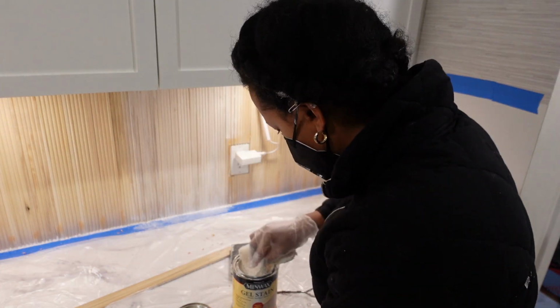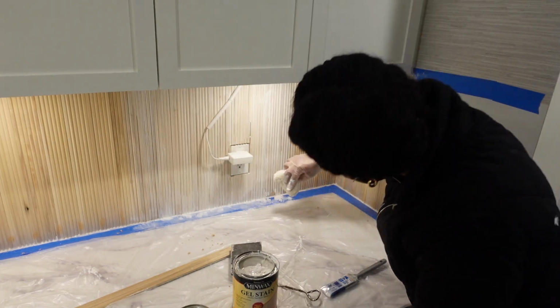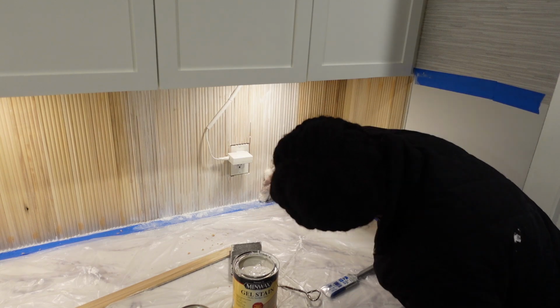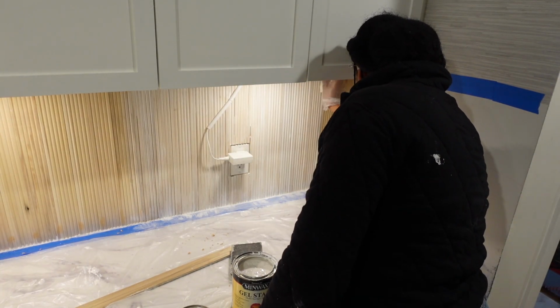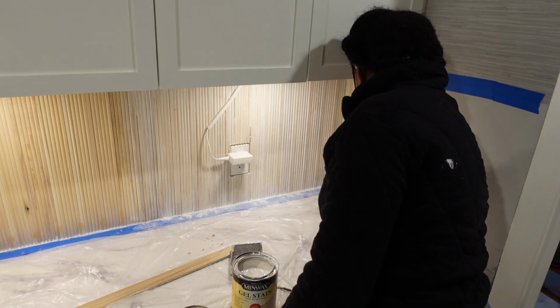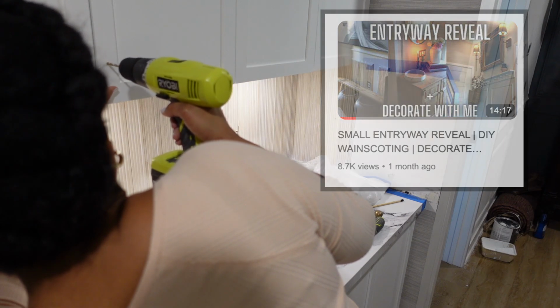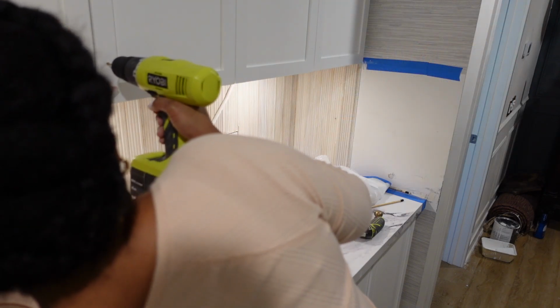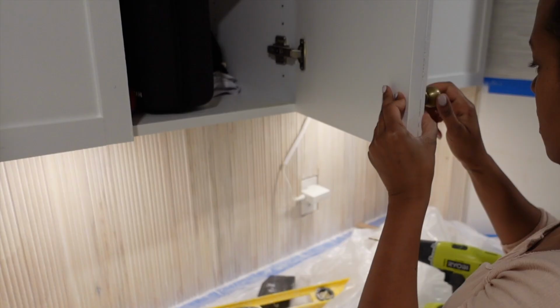So as I just mentioned, I did end up not opting for paint and going with a whitewash gel stain by Minwax, which works beautifully. I've used it in my entryway on the fluted detail that I did. You can go and check that out. I will link it above. But what ends up happening is you still get the wood tone that shines through, and it takes the orangeness out of the wood. So after that was done, I let it dry overnight,